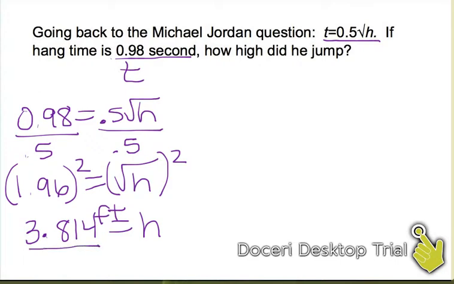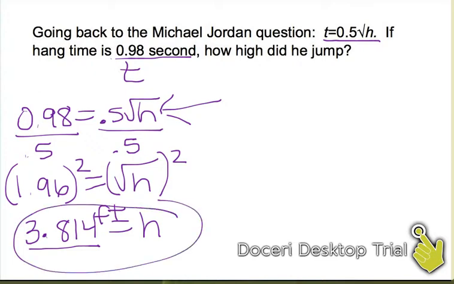And I can see that if I put 3.814 back in for h, I could actually take the square root of that. It would not be something I'm not allowed to do. And so that does work, and that would be how high Michael Jordan jumped in his hang time,